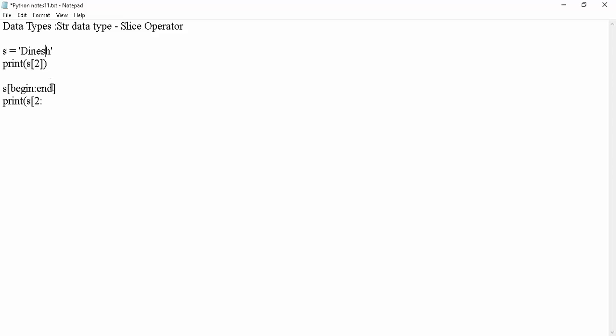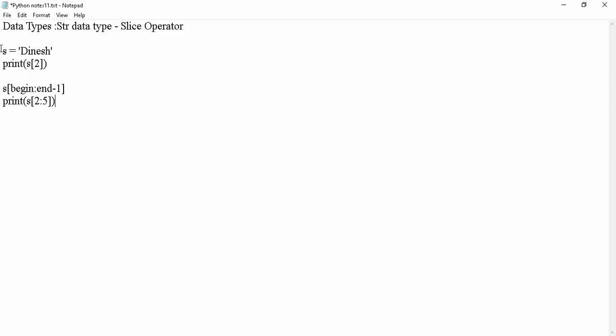But the syntax is end minus 1, so we need to mention the next digit. If you want until 4, you need to mention 5. Are you clear? Don't worry, I will show you. I will also execute that one. First, I will explain it.